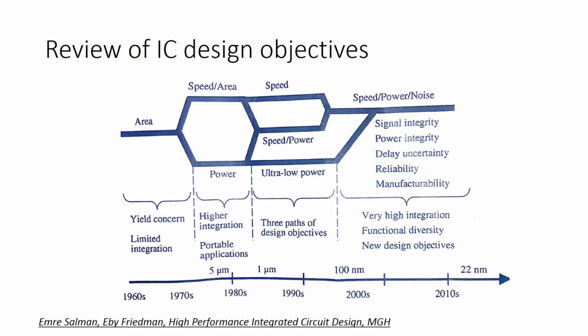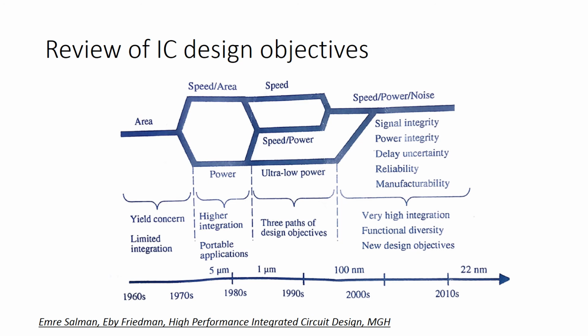Speed, power, and noise have now become a trade-off. What is a trade-off? If you want to achieve speed, you have to sacrifice power and noise. If I want to achieve low power, I have to sacrifice the other two, and so on. Let's say I want a high speed design, then I have to sacrifice power, meaning there will be more power dissipation, and maybe more noise, because to reduce the SNR problem we have to further increase the power. So you can achieve only one at the cost of the other parameters. That is what is called a trade-off.